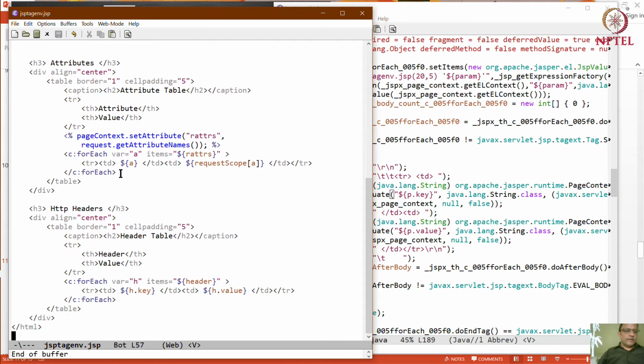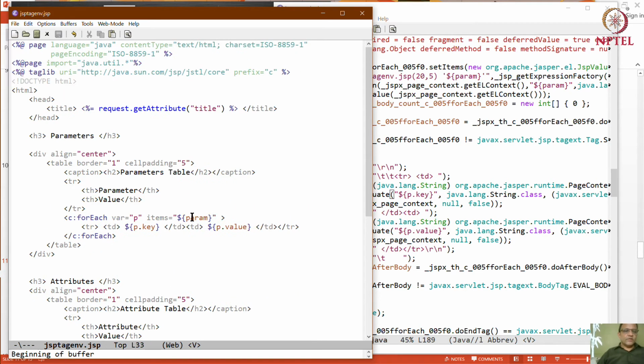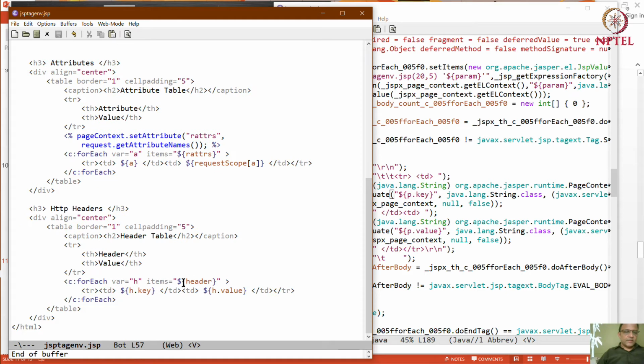Now we will skip over attributes a little bit and go to HTTP headers. So just as param is a built-in or an implicit object, HTTP headers are also available as implicit objects, and the loop over those is equally straightforward. But the loop over attributes is a bit funky. This time, the tag library alone does not do the job. Instead, we have to use old style JSP code, and in this object, something called page context, you have to actually get all the attributes and set it over here.